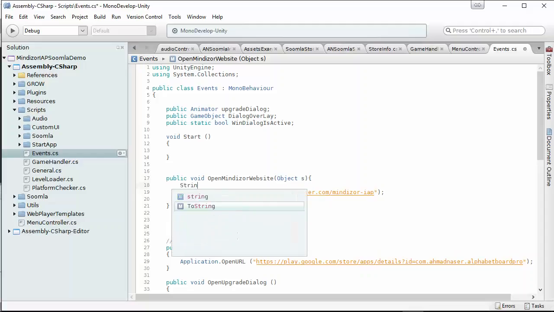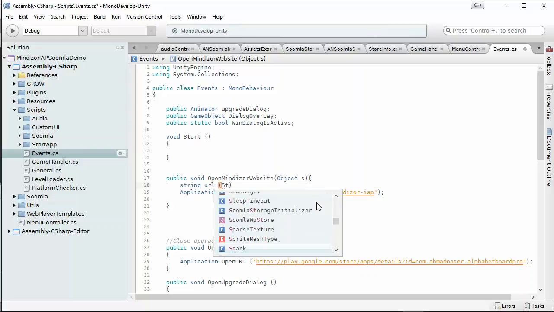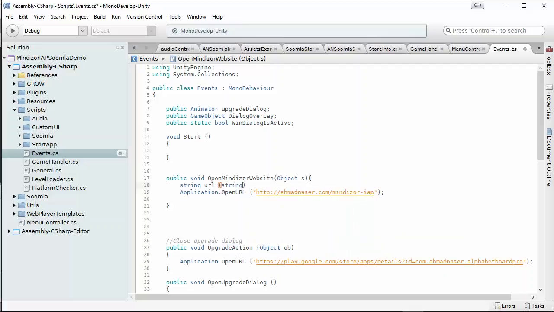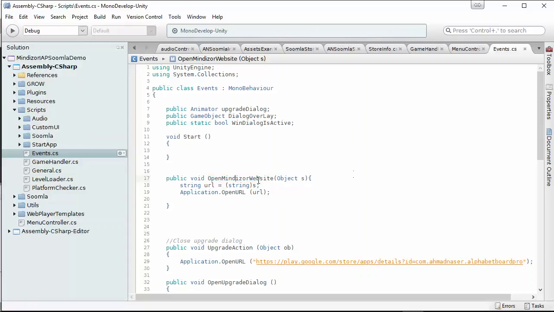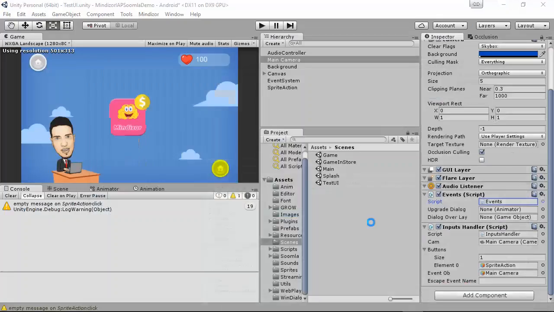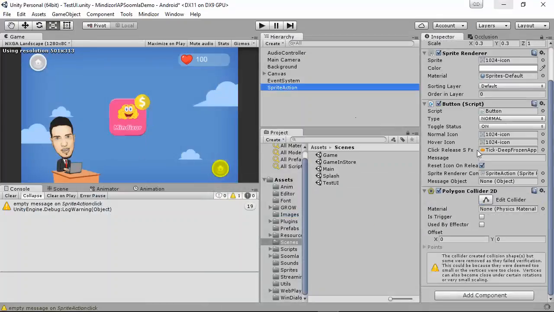So here I can type string url is equal to, and I just want to use casting, so I can say string and take the value of s as a string. And after that I can say open this URL of application here. So how to achieve this using the custom event handling that we have here? Basically you have to know the function name, which is OpenMindizer here. So I have to copy it, and here inside the sprite action, we have to go